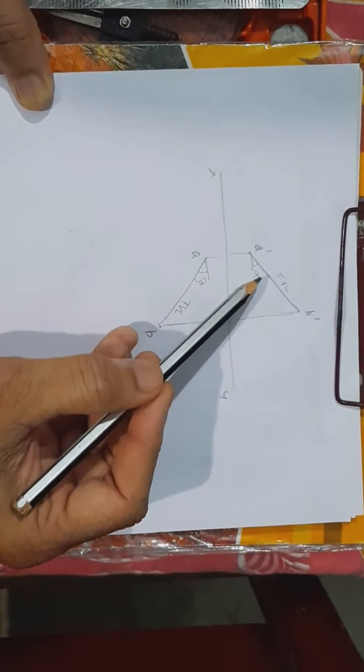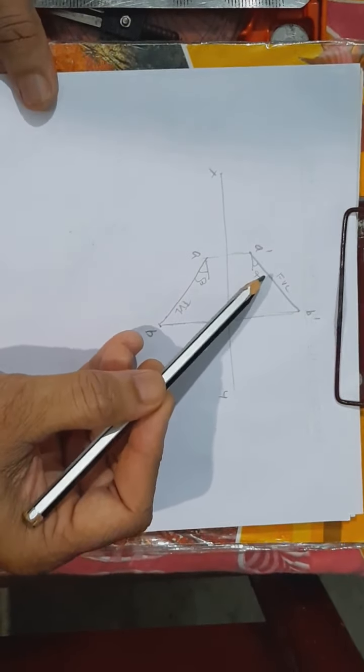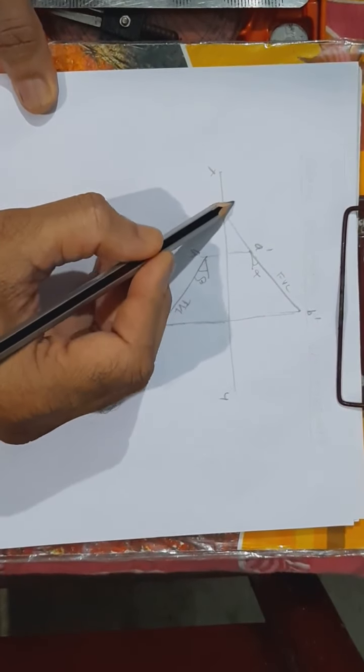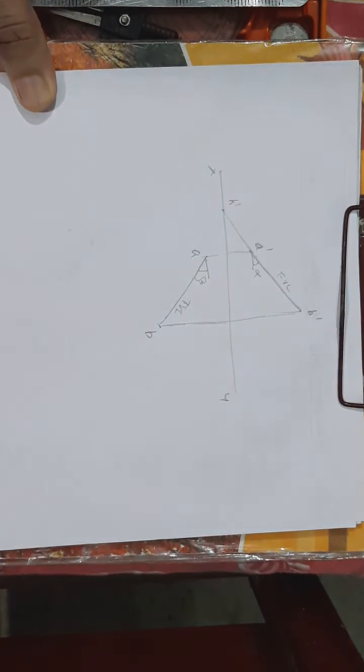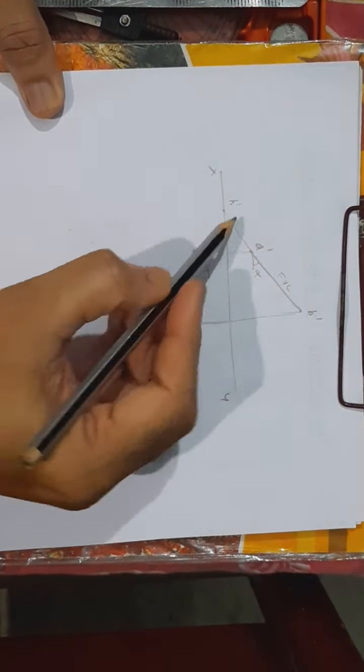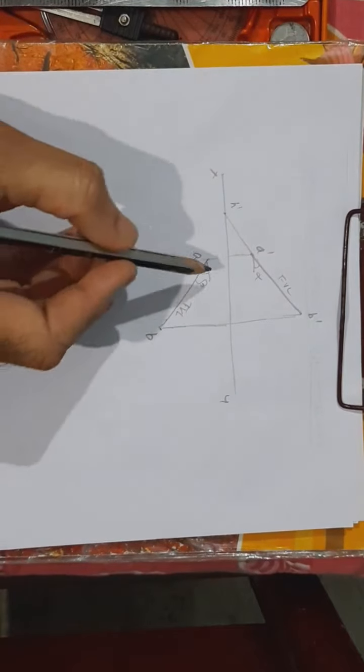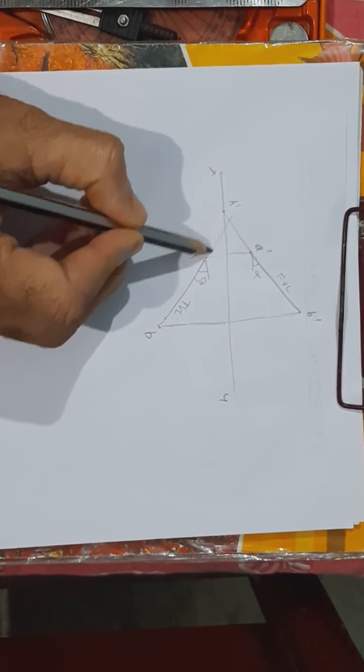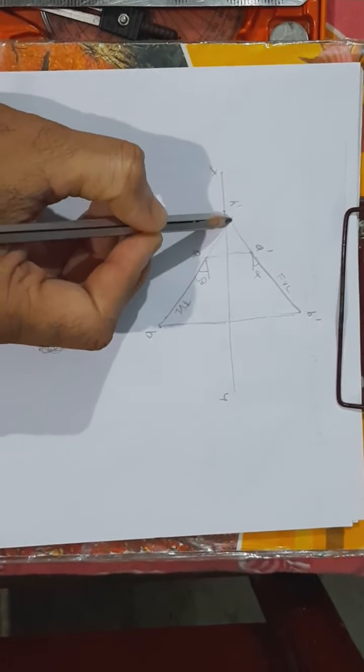So to find out the traces, after drawing your projections, the front view has to be extended till it meets the XY line. That point is named as H dash, which is the front view of HT. Then from H dash you draw a line perpendicular to the XY line. Before you draw it, you have to see where the top view extended comes. The top view extended is coming like this. That means from H dash you draw a perpendicular to the XY line upwards, so that this point is your HT.